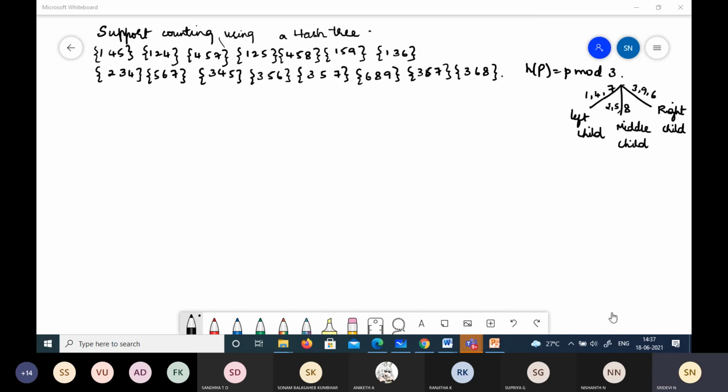Okay. Are you getting this point? First, we take the initial first digit in every candidate item set, and we identify to which branch they belong: left child, middle child, or right child. Okay, so according to this, let me write down. So according to that, if we will divide it,